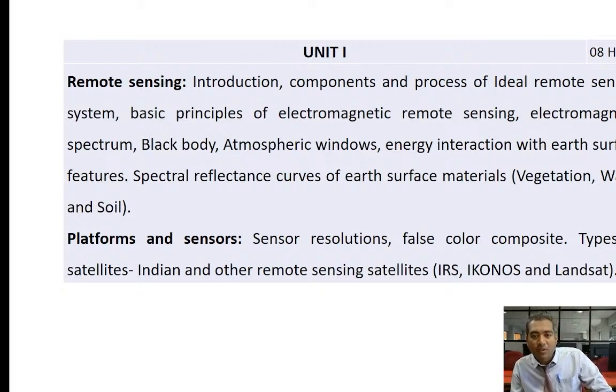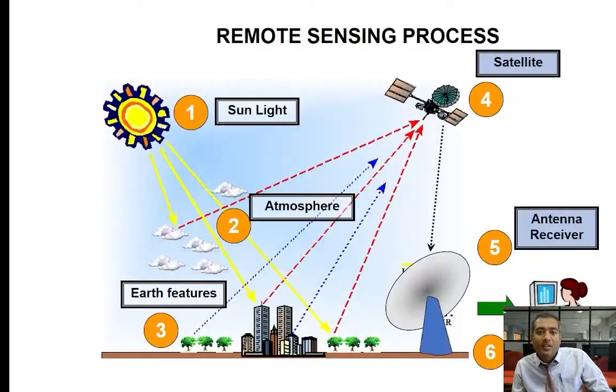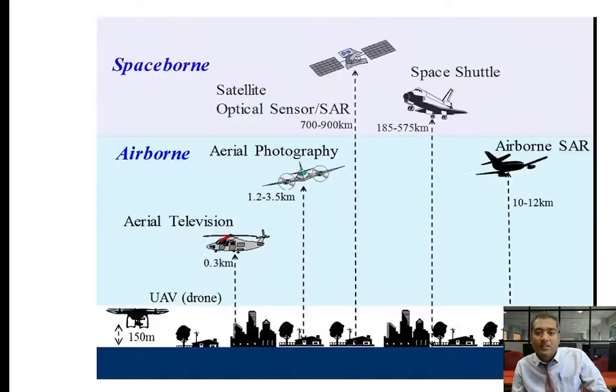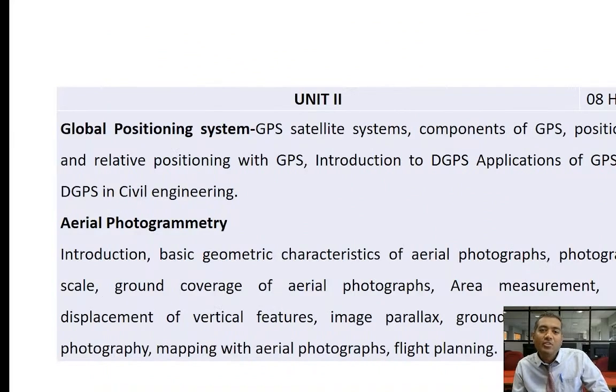In unit 1 you are going to learn the basics of remote sensing, how it works, how electromagnetic radiation works, what the different platforms are, and what the different sensors available in the market are. This is just an overview of how remote sensing works. These are the different sensors available in the industry. And unit 2 deals with